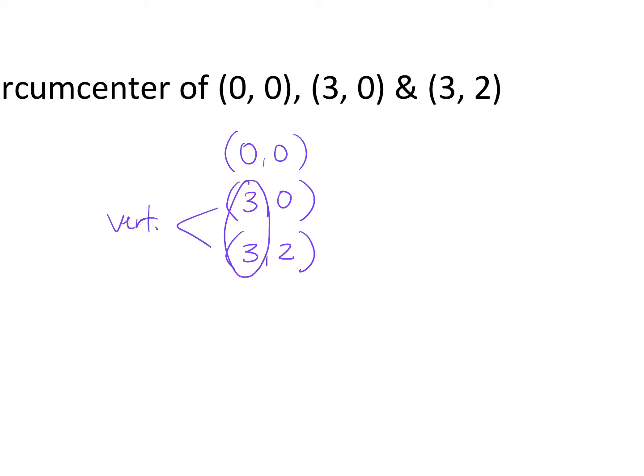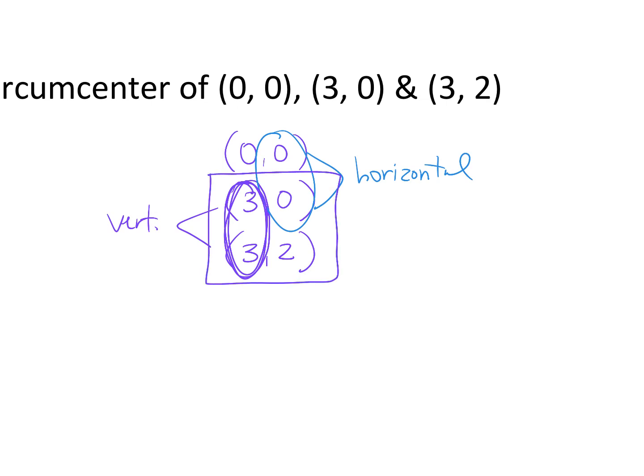That's a vertical line. So this is a vertical line. When your y values are the same, like 0 and 0, that's a horizontal line between those 2 points, okay? So really all you have to do is find the midpoint of the other coordinate. So find the ones that have the same x or the same y. I'm going to go back to the same x right now, okay? So if I'm looking at these 2 points,